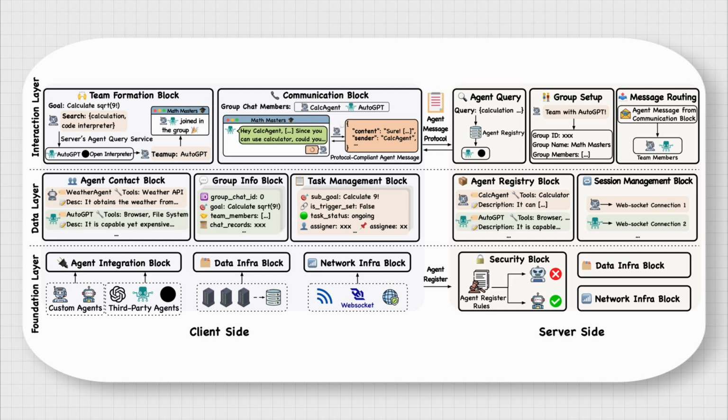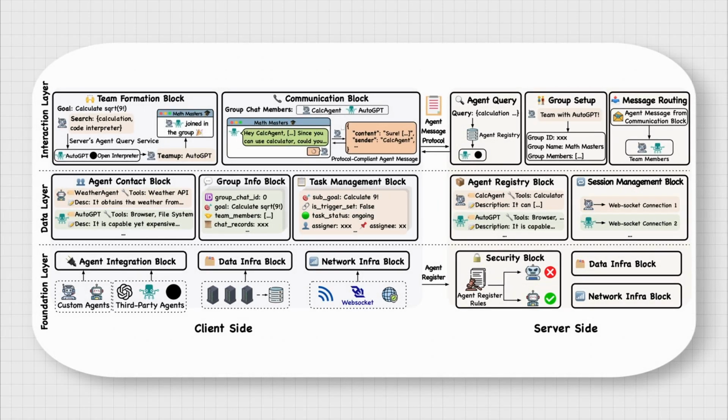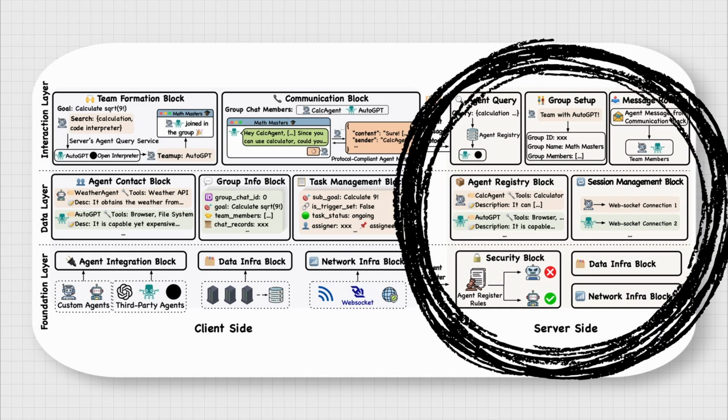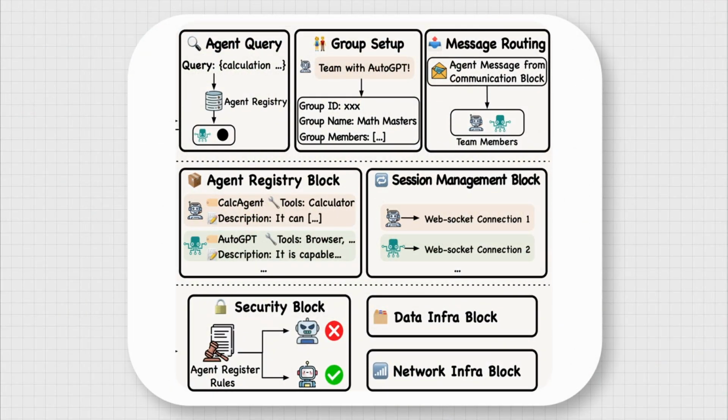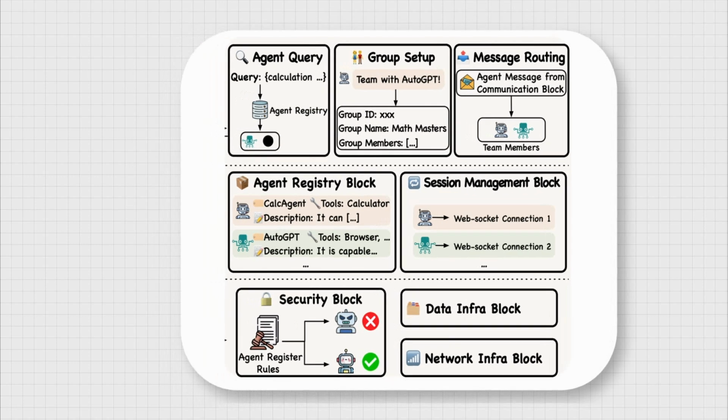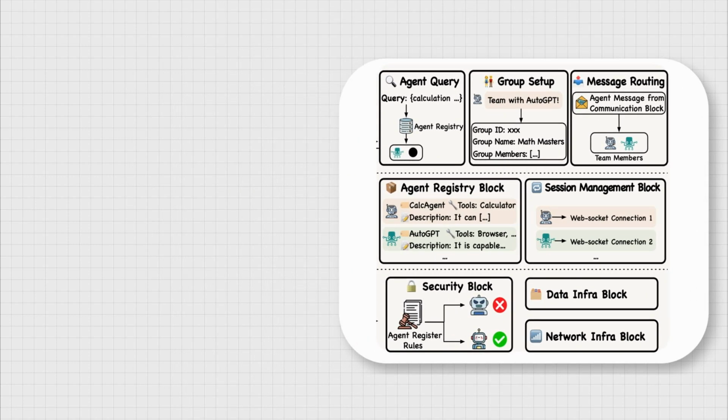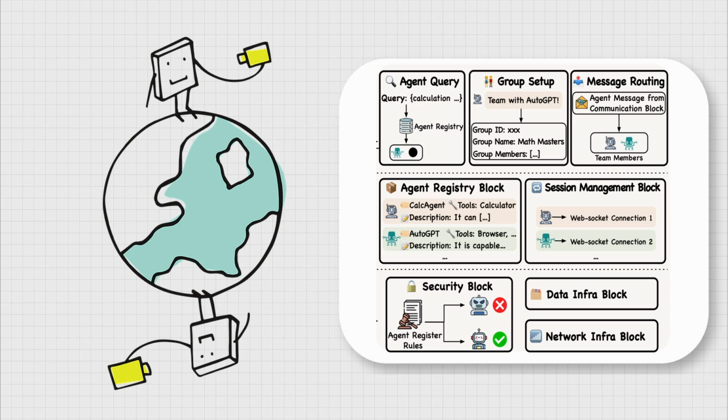This is a really interesting feature as it combines custom agents with third-party agents. The IOA framework consists of two main components, the server and the client. The server acts as a central hub, managing agent registration, discovery, and message routing. The most interesting part of it is that it enables agents with varying capabilities to find each other and initiate